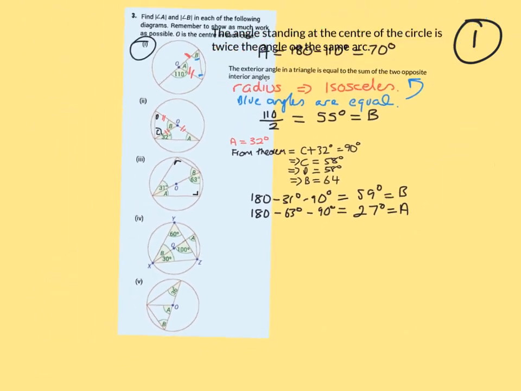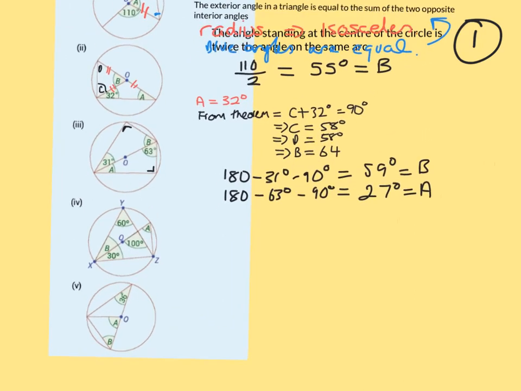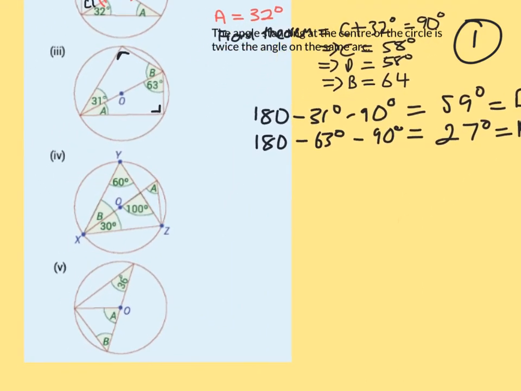So we have this one here. Okay, so looking at this, again, a lot of information, but we can still use that angle standing at the centre of the circle, okay? If needs be, we may not need to use it. So, the angles that they want us to find out is A, and they want us to find out B